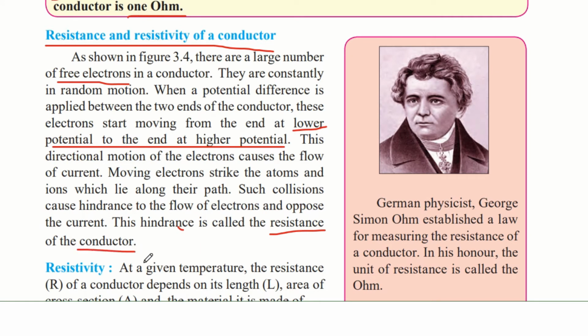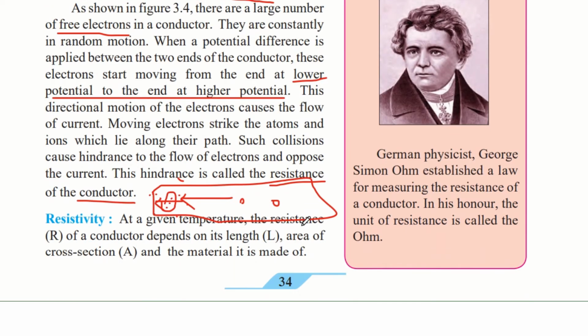So resistance is nothing but the hindrance present in the conductor which obstructs the flow of electrons. For example, if this is the conductor, then there are electrons flowing in the forward direction, but there are atoms present, and these atoms contain other substances like ions also. So when these electrons are trying to move, they sometimes hit these ions and it causes them to put more effort to go in the forward direction, and this is nothing but the resistance of the conductor.